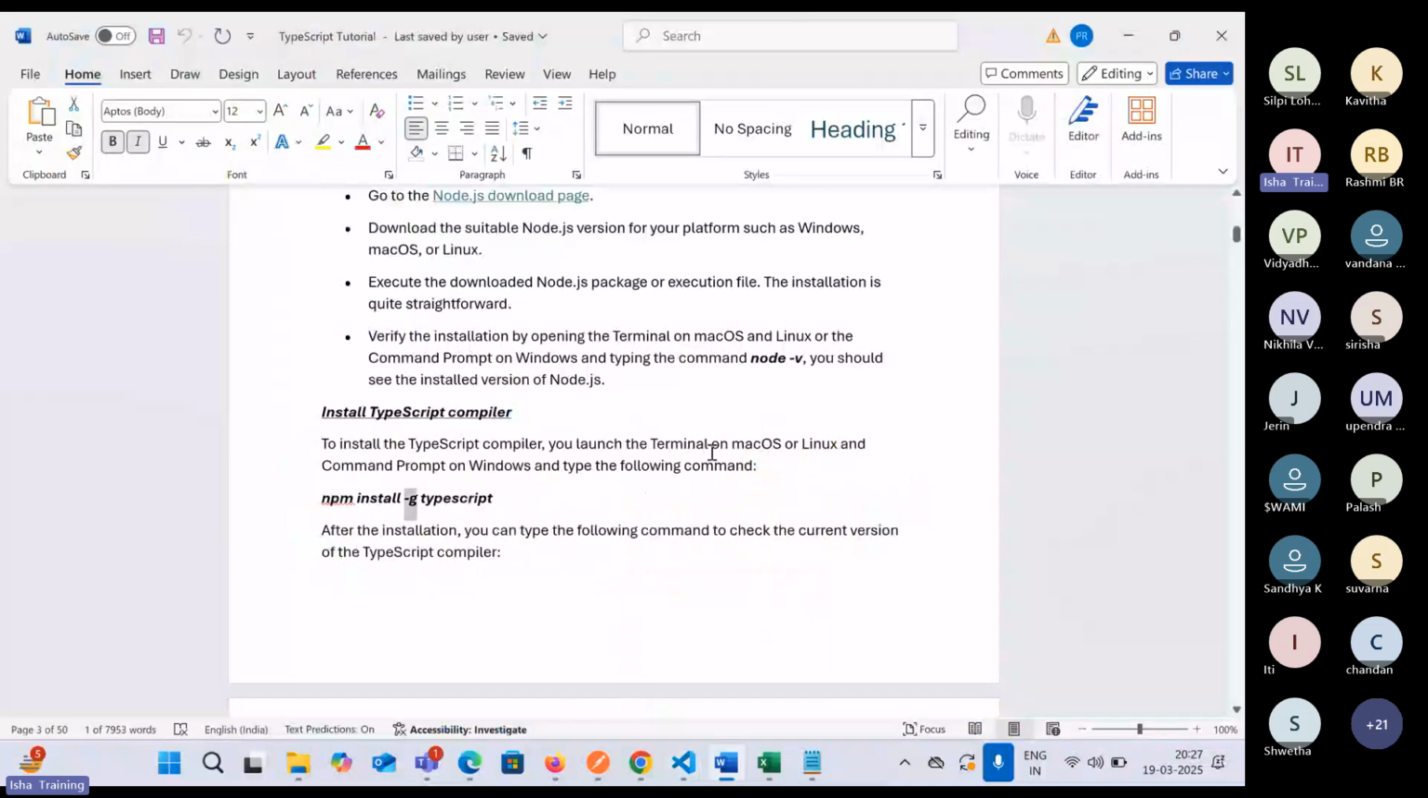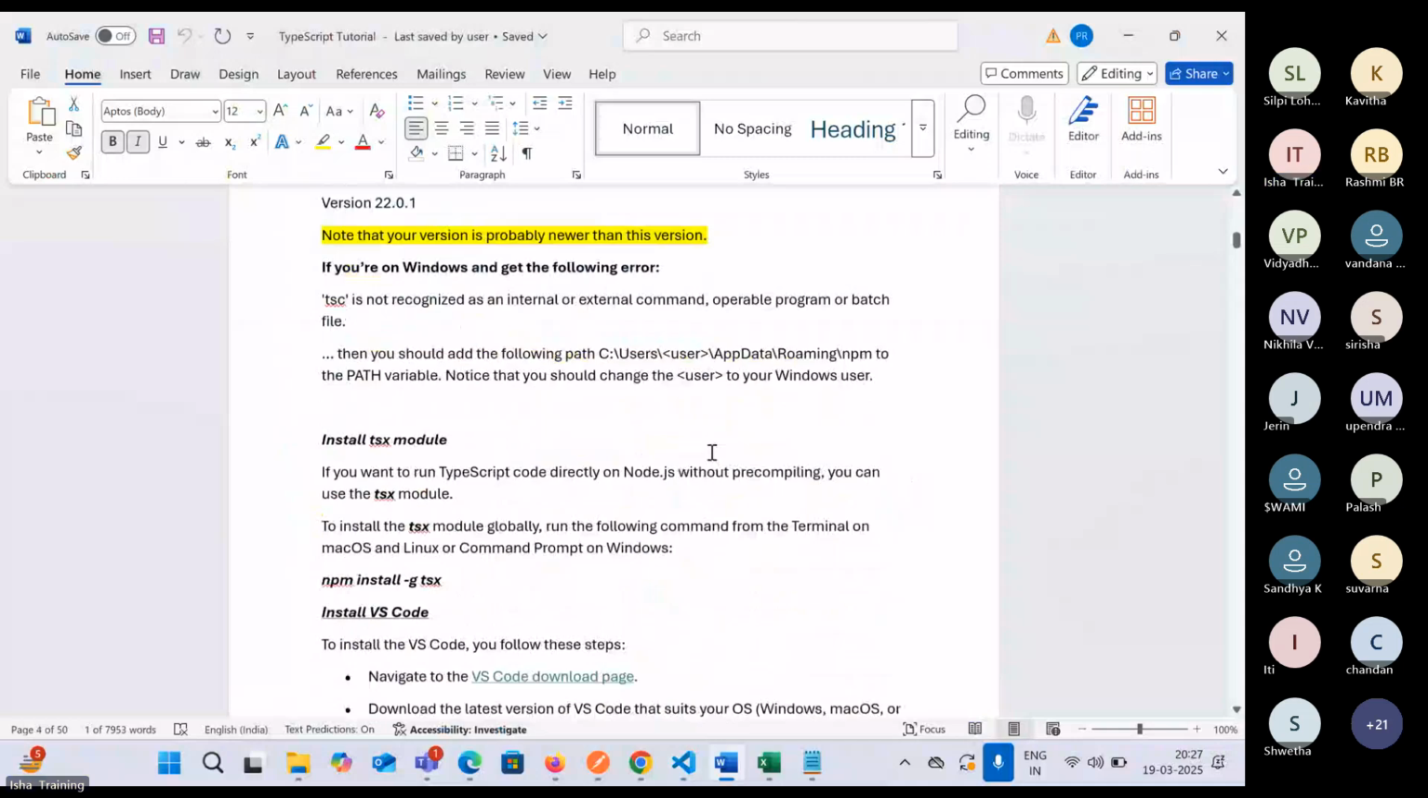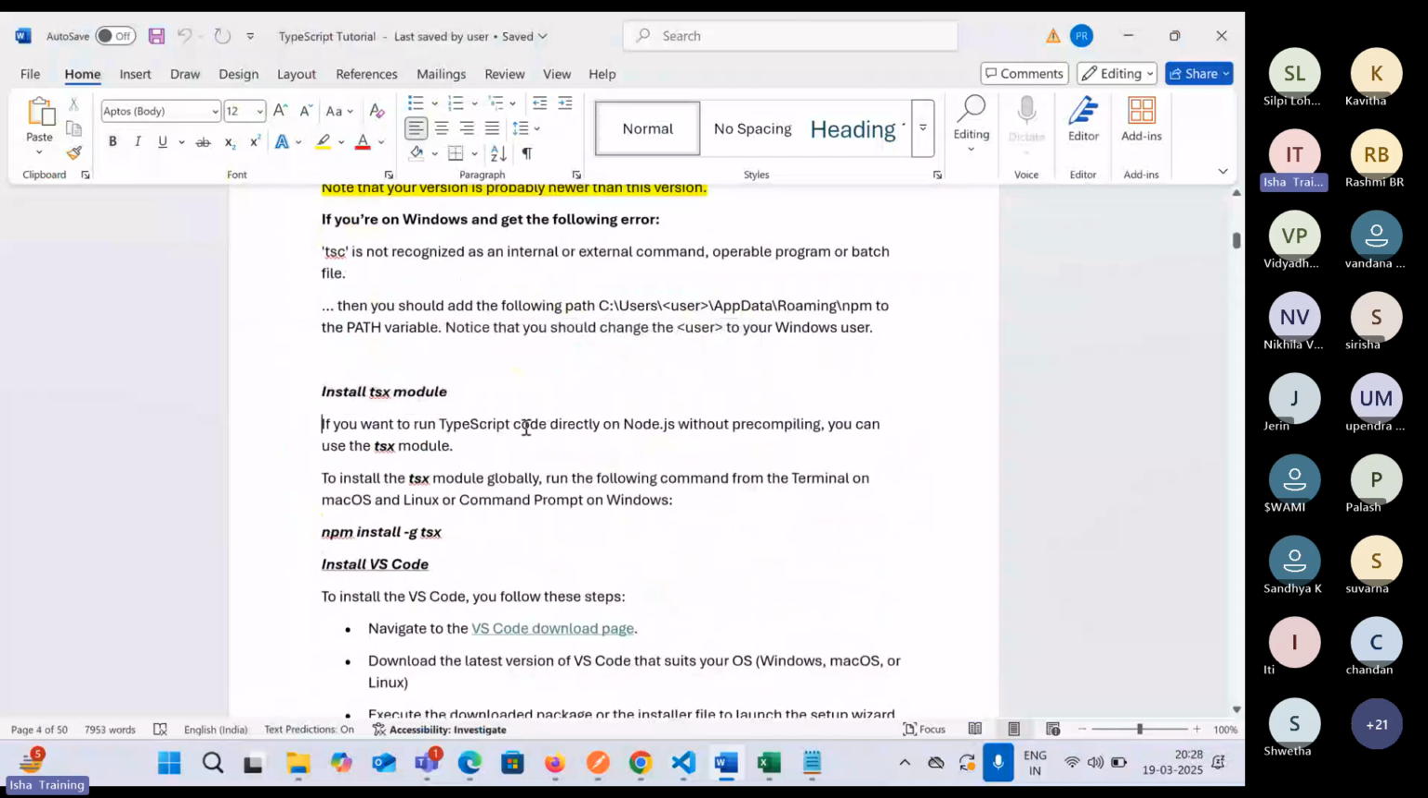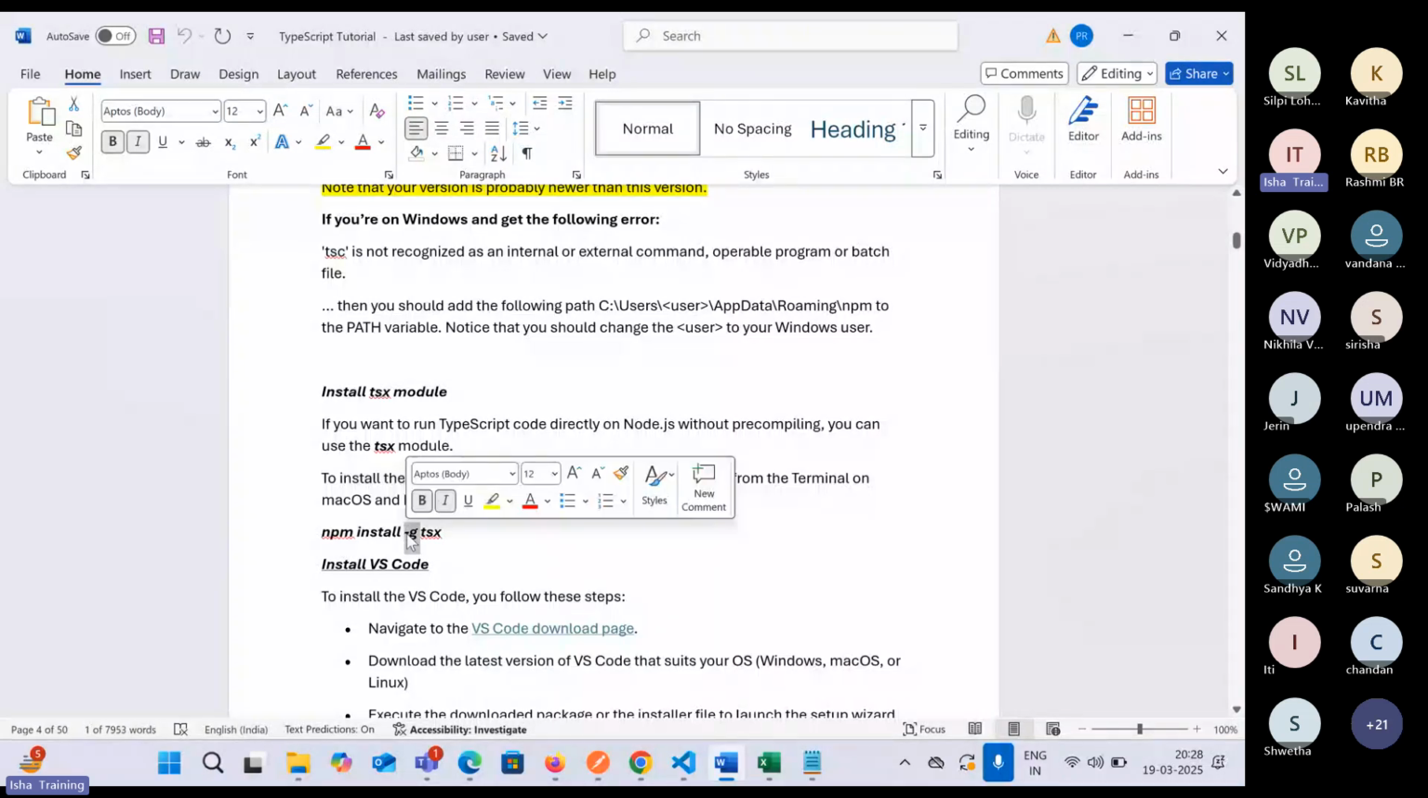If you want to run TypeScript code directly on Node.js without pre-compiling, you can use the TSX module. To install the TSX module globally, you can simply use -g, and then TSX will be installed inside your system and will be available even if you create any new project. So it will be automatically available inside your system, inside your project. Okay, so whoever was getting some kind of issues with TSX, now it will be resolved by installing this TSX